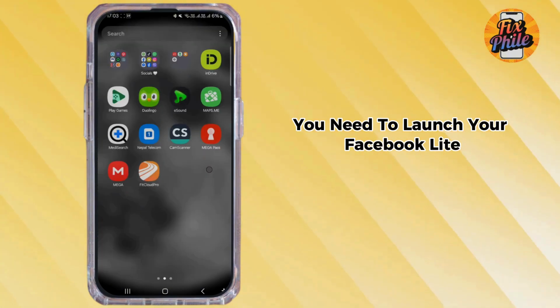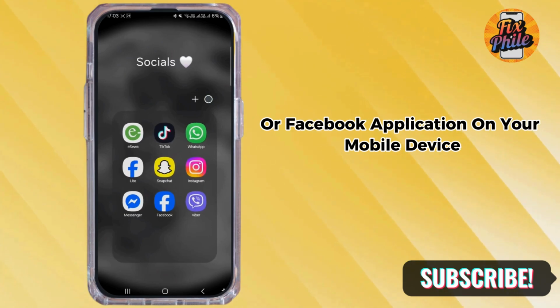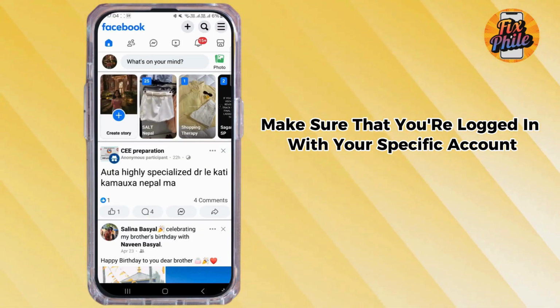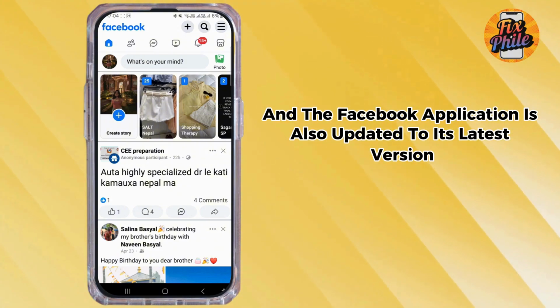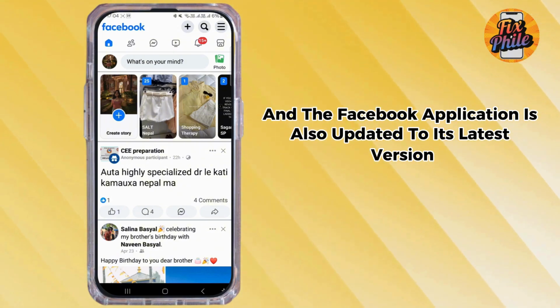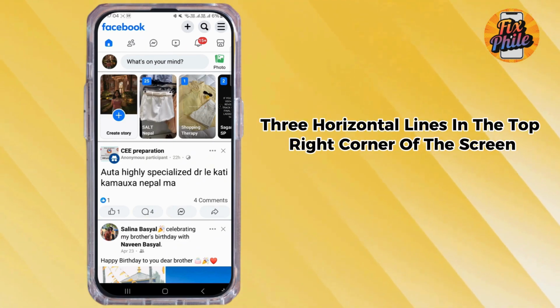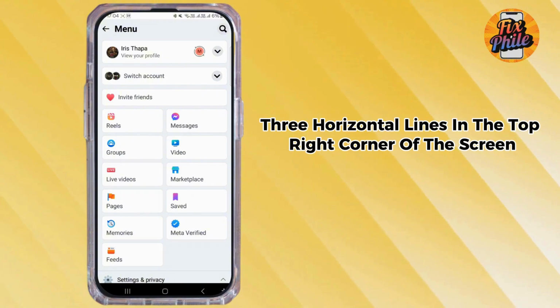First of all, you need to launch your Facebook Lite or Facebook application on your mobile device. Make sure that you're logged in with your specific account and the Facebook application is also updated to the latest version available. After that, tap on the three horizontal lines in the top right corner of the screen and then